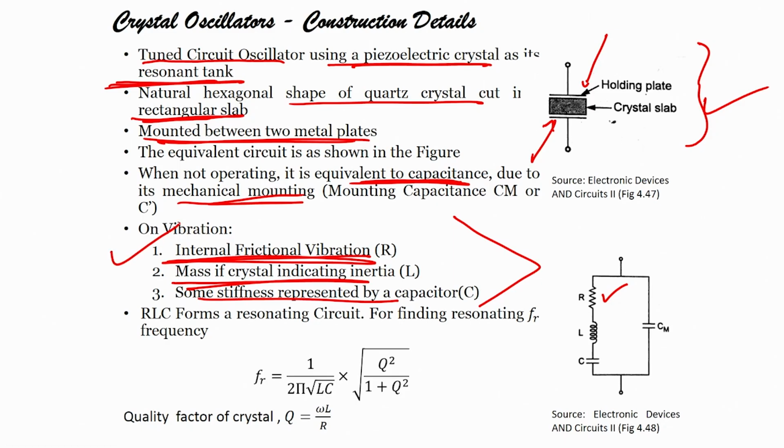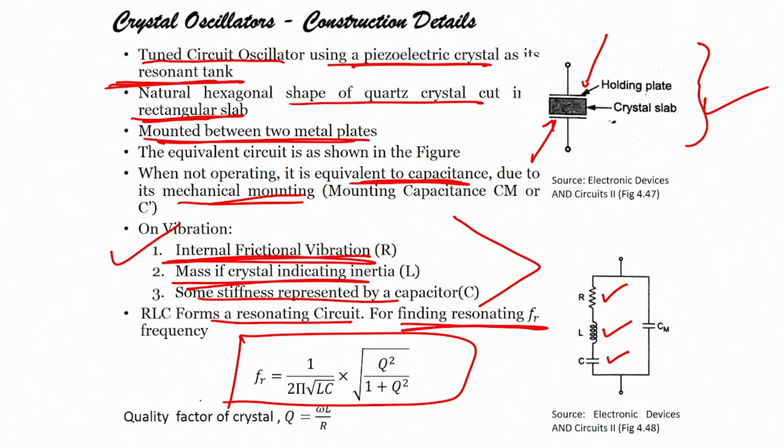Okay. Because of the mass, the crystal indicates inertia, which will be L, and some stiffness represented by capacitor C. Thus, this RLC comes into the picture. Now, RLC forms a resonating circuit. For finding the resonating frequency Fr, we use Fr equals 1 by 2 pi under root of LC